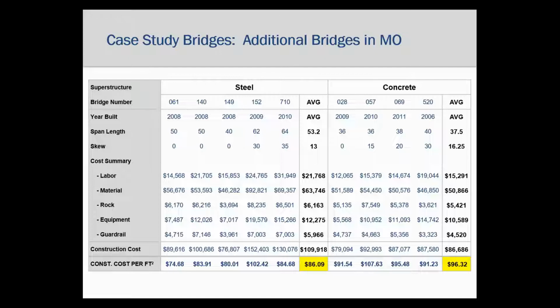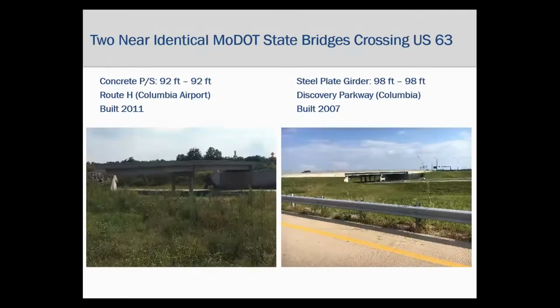These are examples of county bridges that show that both steel and concrete are competitive in the short span market and should be considered. Now we're going to go from the county level and look at a couple state bridges also in Missouri. Again, here are 2 nearly identical bridges, one steel and one concrete, that cross over the same highway near Columbia,